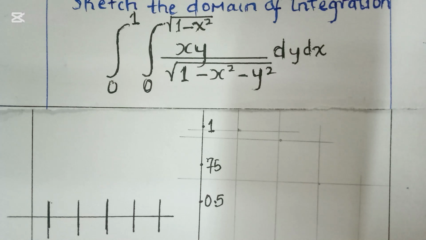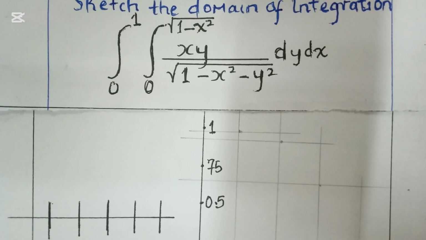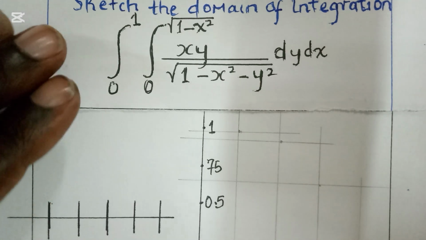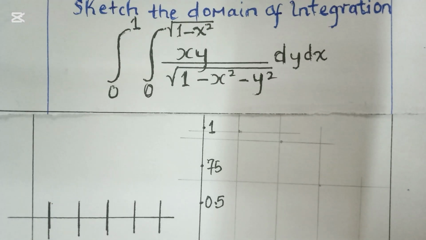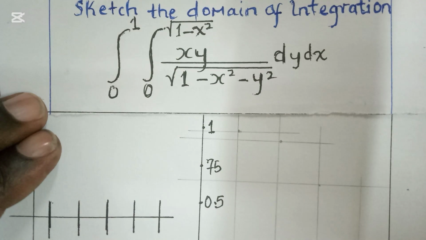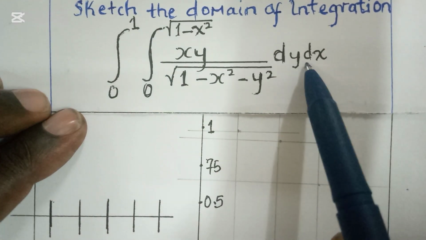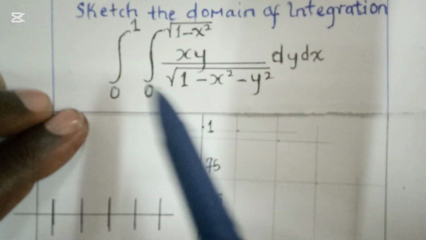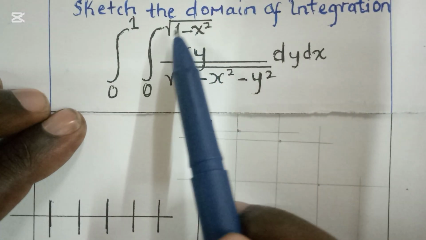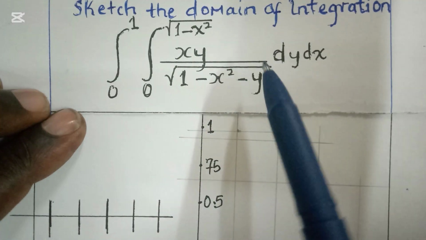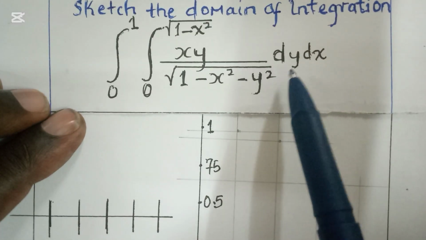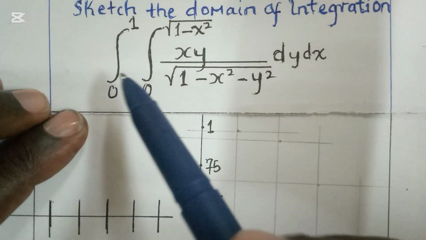Guys, let's do this question. I first of all read it. Sketch the domain of integration. And so guys, we have an equation here whereby we have limits from 0 to 1, and that one is represented by dx. For limits of 0 to square root of 1 minus x squared, that one is represented by dy. And so therefore guys, we start with the